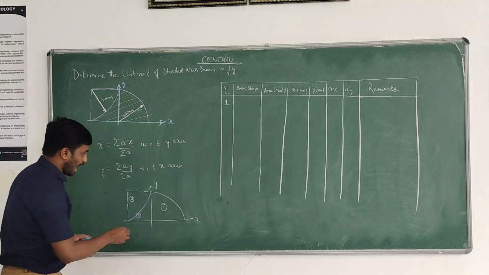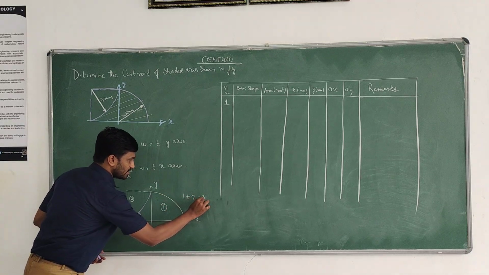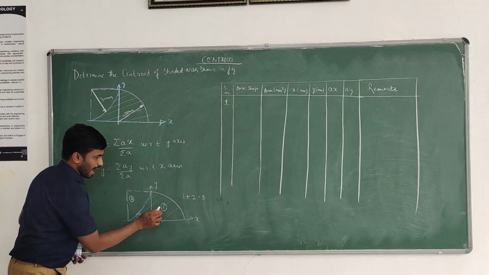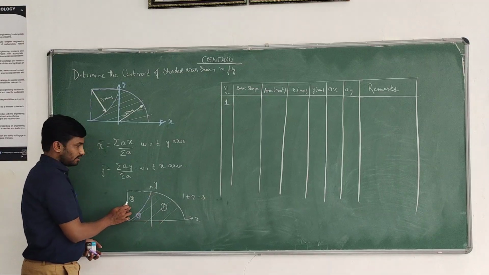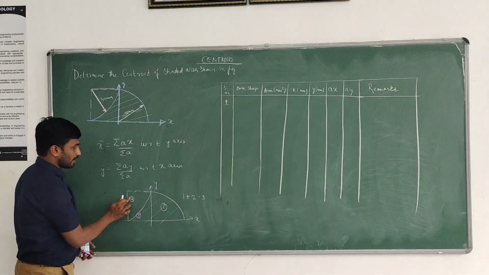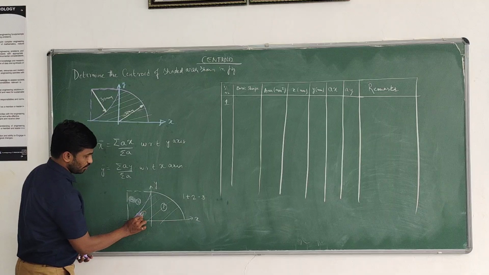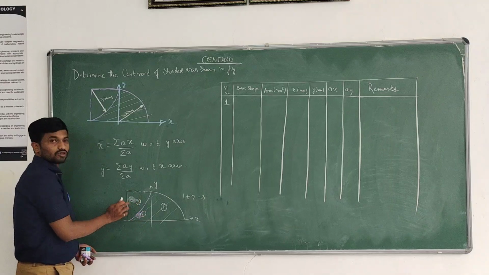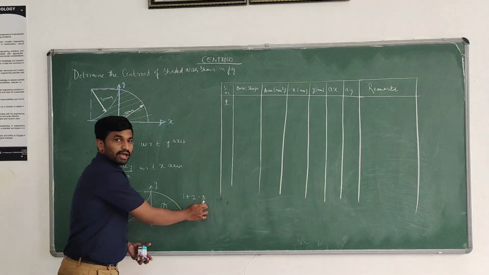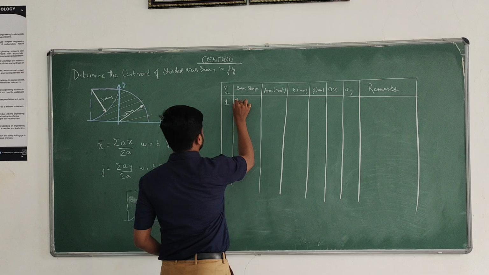So we have to add 1 plus 2 and minus 3. If we add 1 plus 2, we get quadricircle plus square, and we have to remove this part. Take this as 3 and this as 2. We have to remove this part, which is a quadricircle. So 1 plus 2 minus 3. Now the first basic shape is quadricircle.